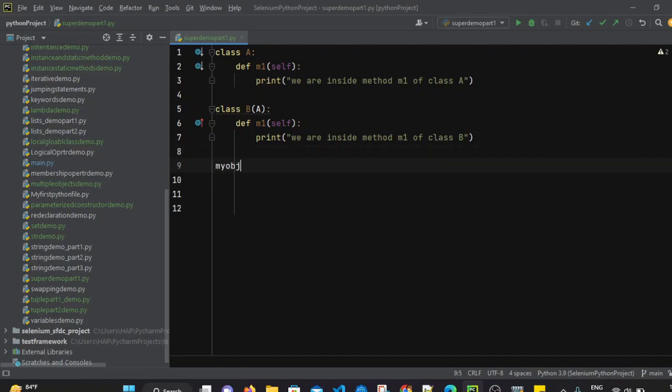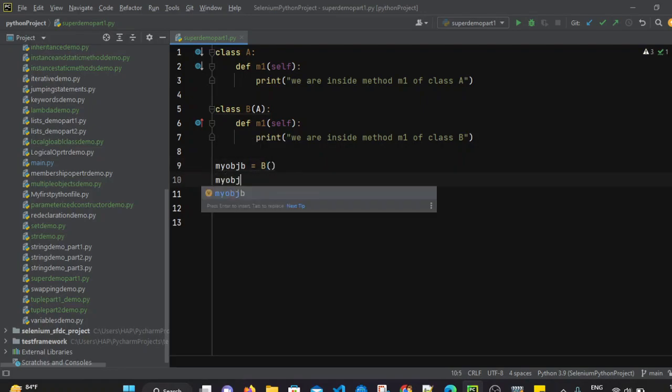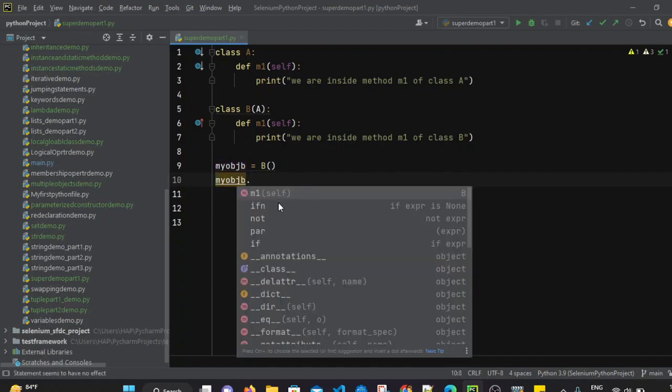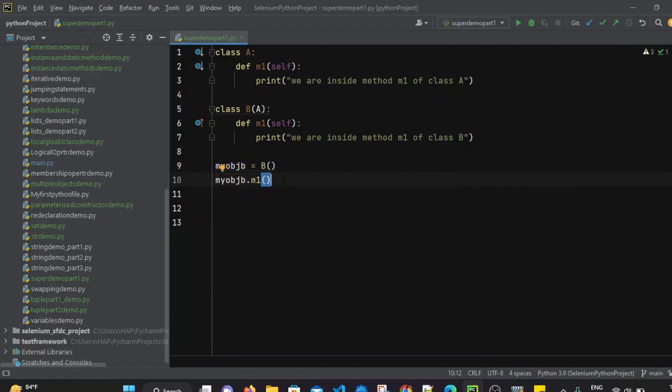I am creating the object my objb equals class B. By using this object, let's call the method my objb dot m1. The m1 method is present in class A, the parent class, and the m1 method is present in class B, the child class.